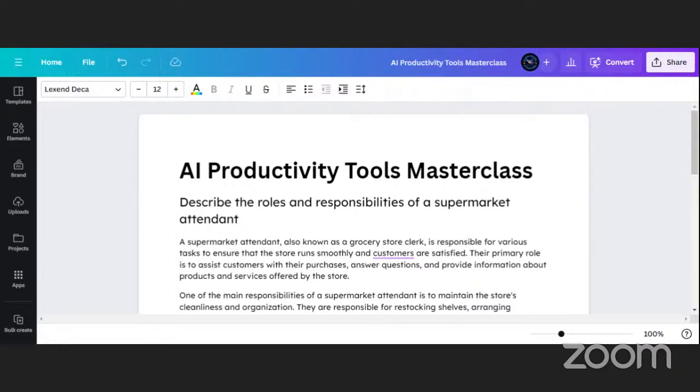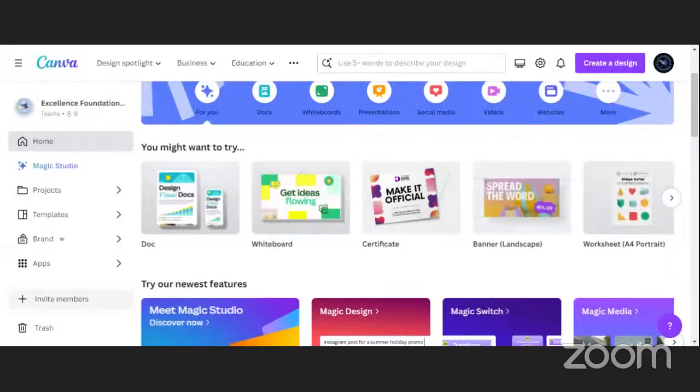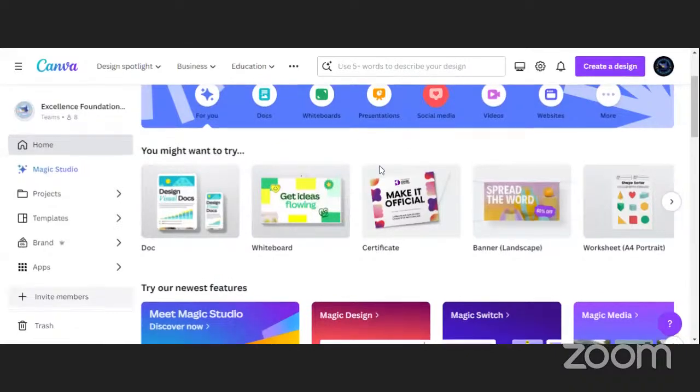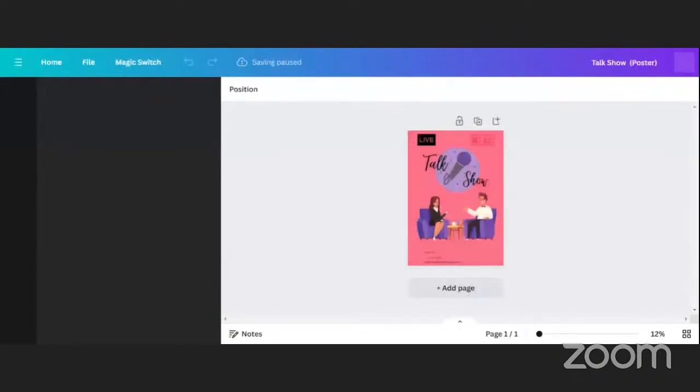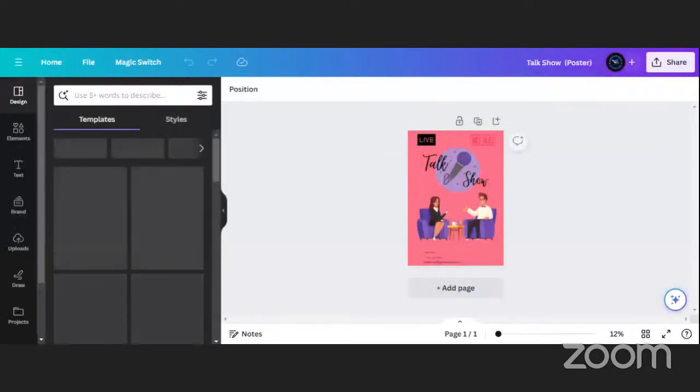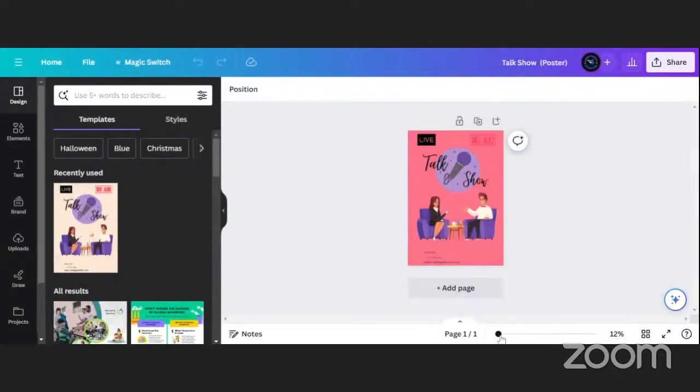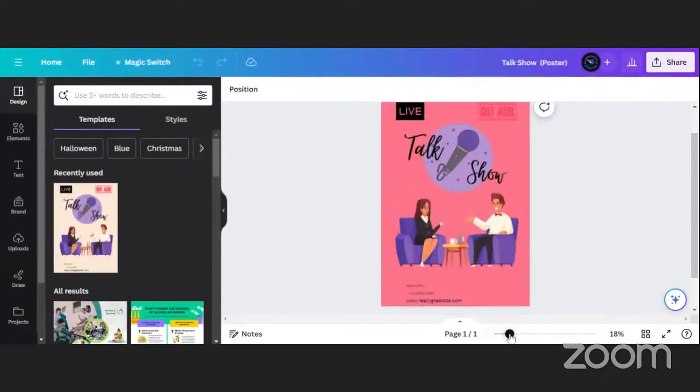Oh, somebody was asking, how do you change the image on the template in Canva? Okay, let me just come back. Let me come back to our previous design. So this was our previous design. Actually, I also designed certificates. Probably some of you saw certificates there. Yeah. So here, this is our design, right? Let me just extend the screen. Let me just zoom in.